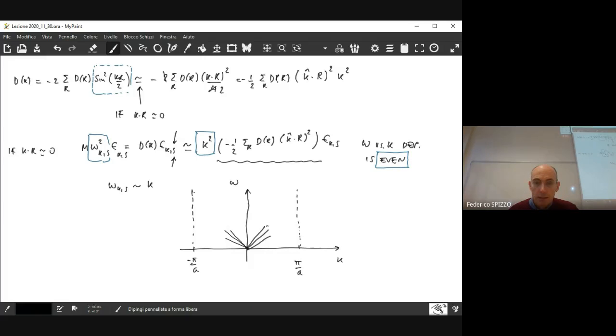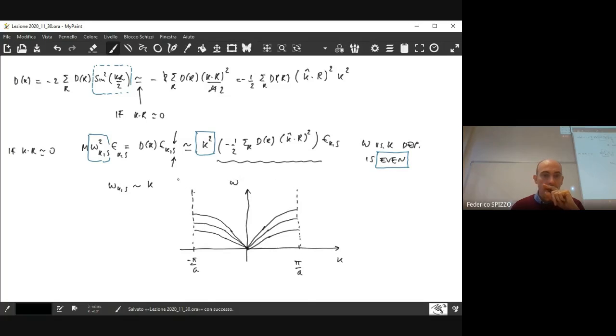What can be seen is that if you go on with this dependence to see what happens when you reach the border of the zone, you have this behavior. As you approach the zone border, the dependence is no more linear, and you approach the border of the zone with a derivative that is equal to 0, as happened for the electrons. So close to the border of the zone, the derivative is equal to 0.